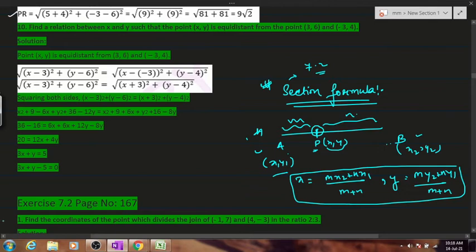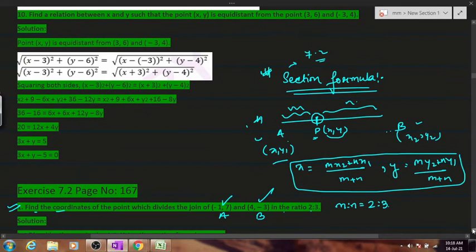So, can we move on to the first question? I think people have already copied it. So, find the coordinates of the point which divides the join of this and this. You see out here, let this be A, let this be B, in the ratio of m is to n given as 2 is to 3. Can anybody find it? You have to find x and y. This is A, this is B. Clear? Did you understand by the figure what you need to find out?